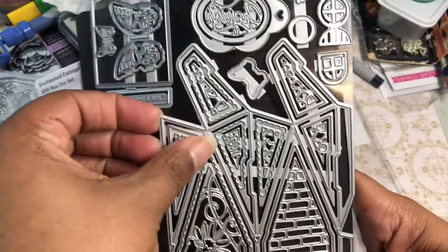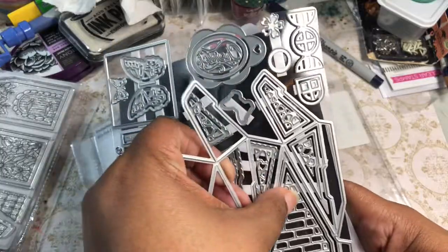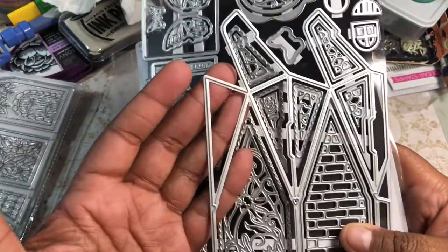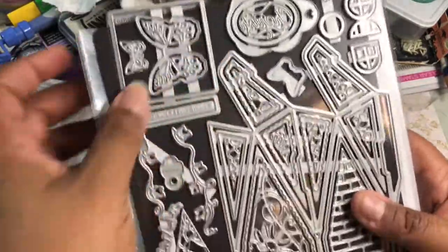Now, I actually thought this was one of the bigger boxes, so I was a little bit disappointed with that, but it's still a cute box. So I thought it was like the taller one. So here's your box, and it closes in an interesting way. And then you've got